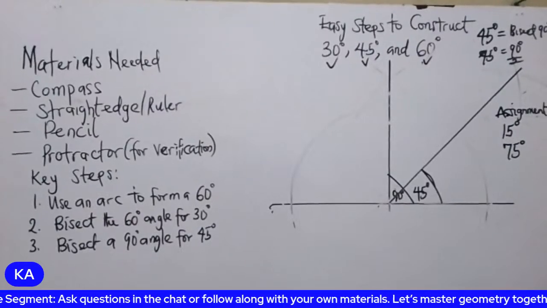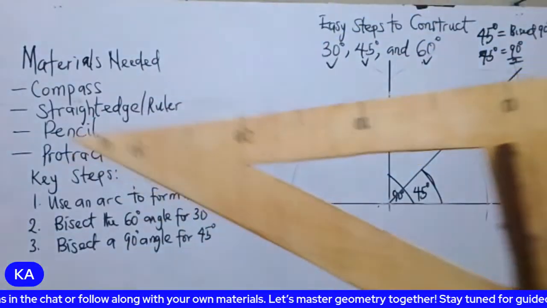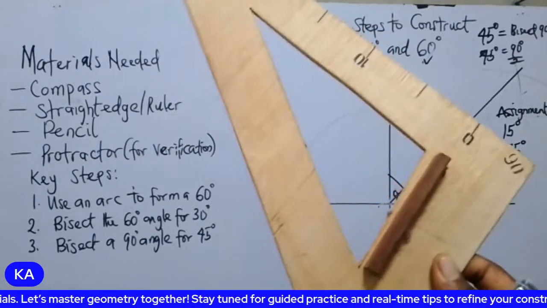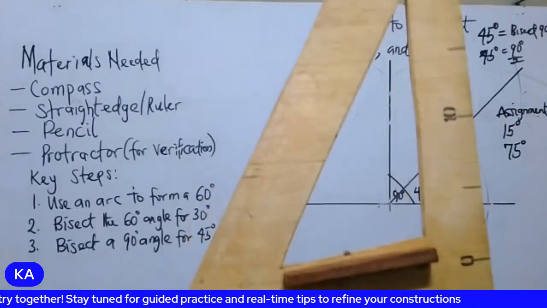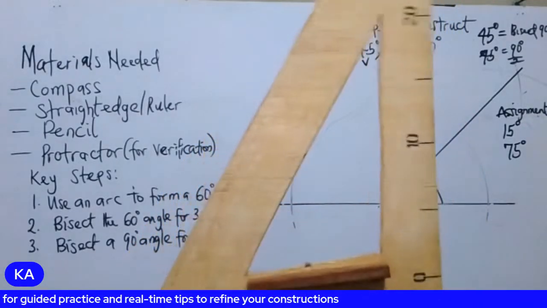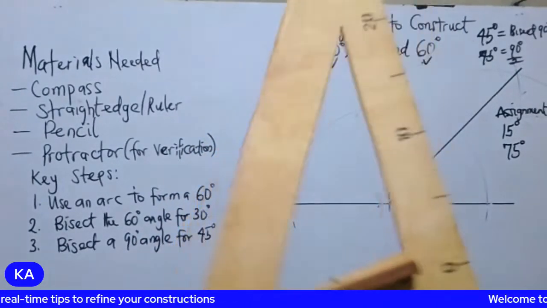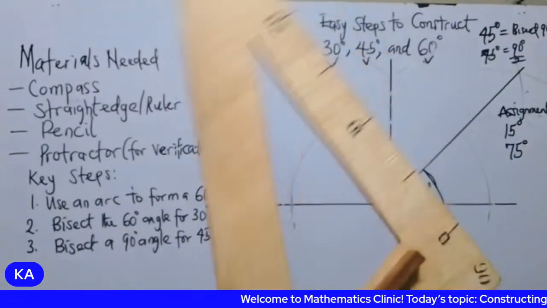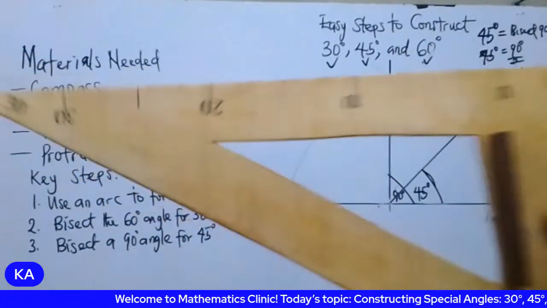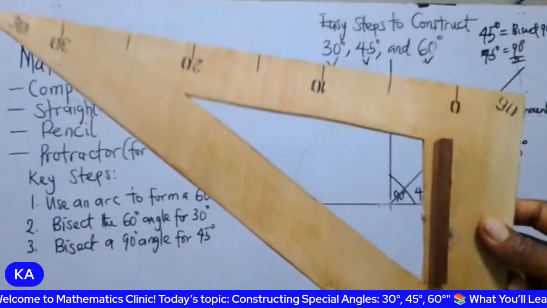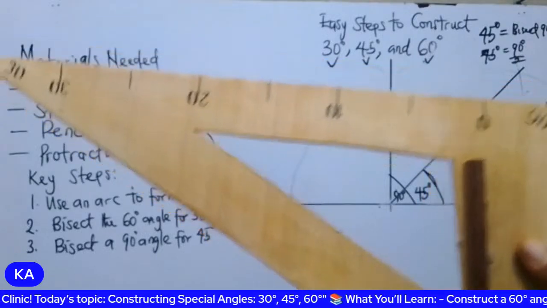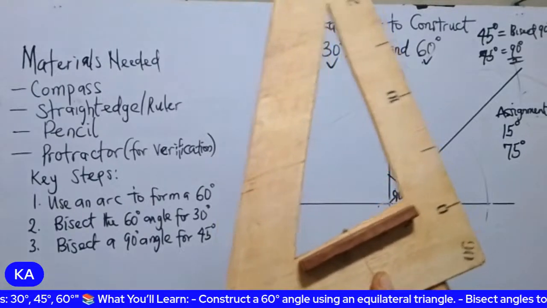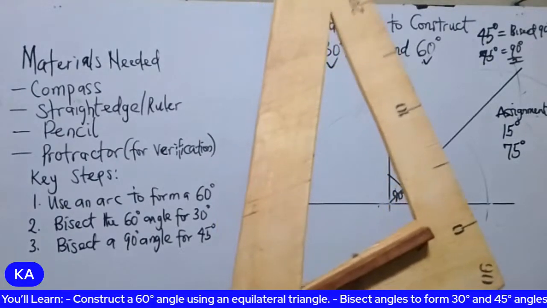One of the materials you need most is this. Can you see this now? Yes, one of the materials you need most is what we call a set square. A set square is like a triangle. Can you see? It's a triangle. It is an object that we normally use in engineering. We also use it in technical drawing. But in mathematics, we majorly use it in construction, with the aim of providing a straight edge. You can see that when I did mine, I used it to confirm a straight edge at a right angle,